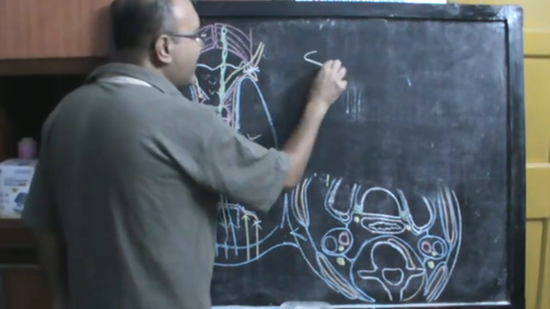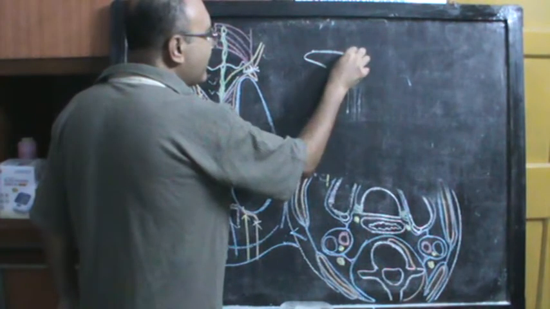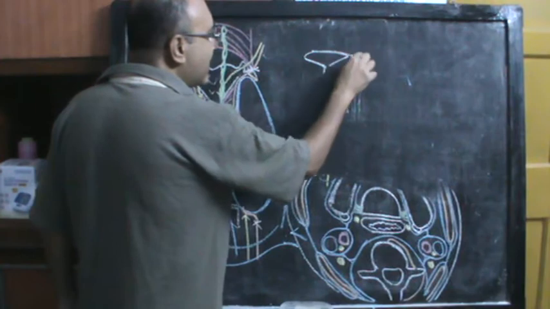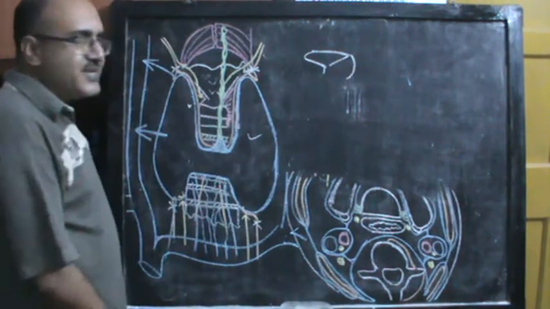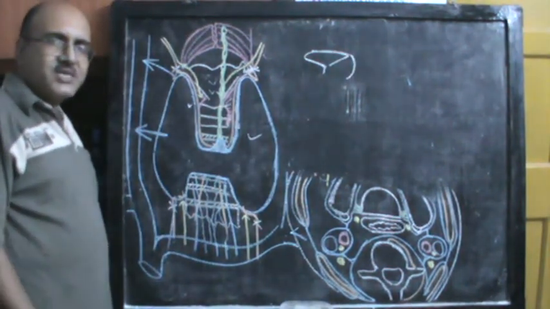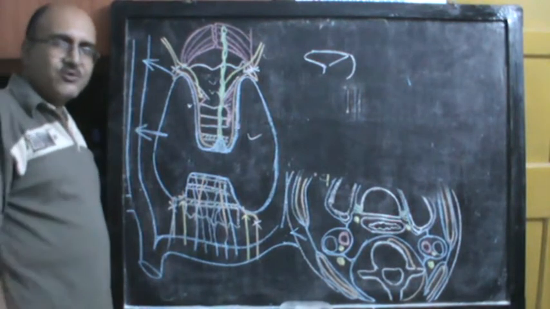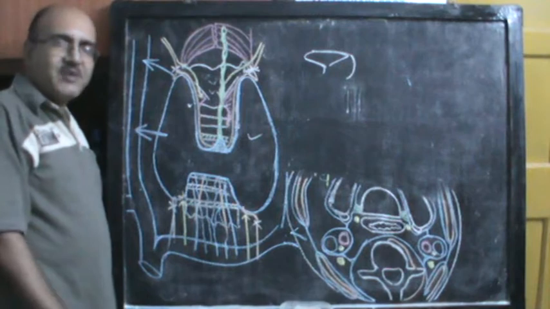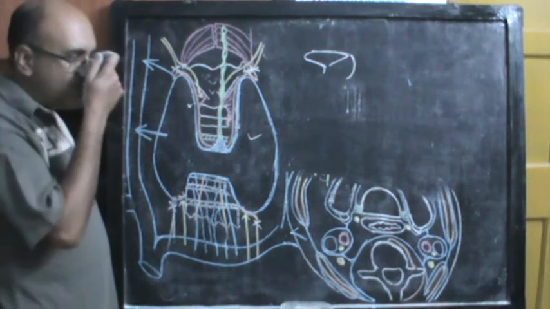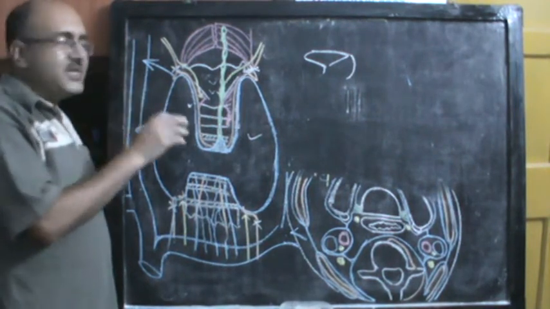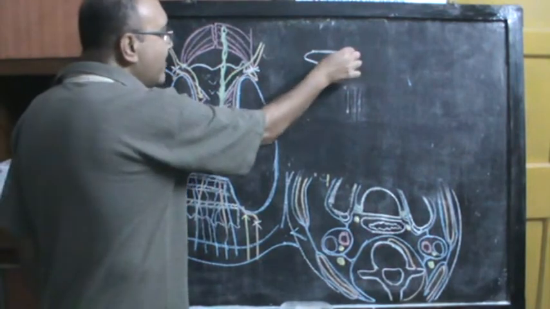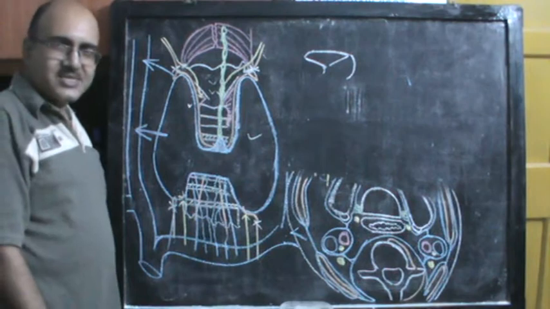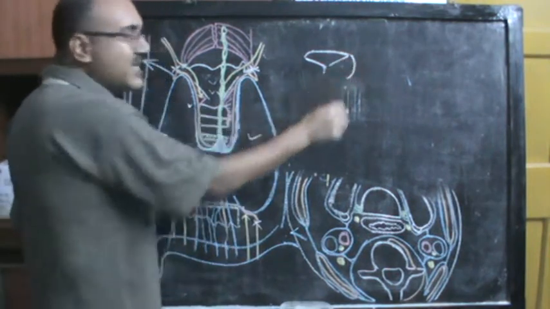When you have the development of the tongue, and you have the anterior 2/3 and the posterior 1/3 of the tongue developing, the anterior 2/3 of the tongue develops from the lingual swellings and the tuberculum impar, and the posterior 1/3 of the tongue develops from the hypobranchial eminence. So partly, the anterior 2/3 of the tongue develops from the first pharyngeal or first branchial arch, and the posterior develops from the third branchial arch.